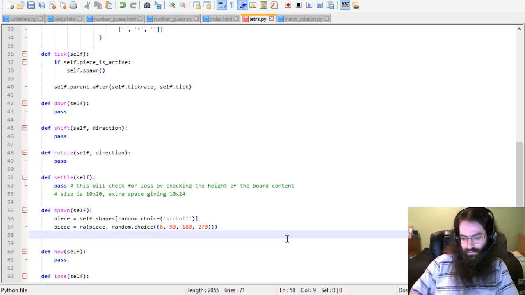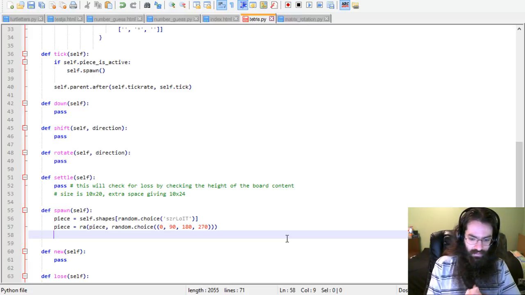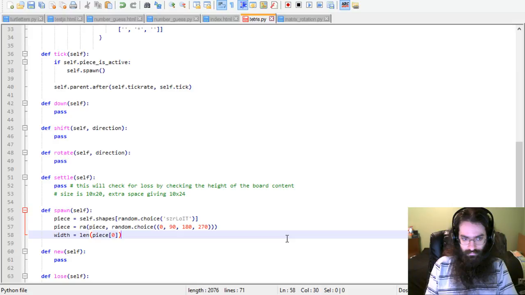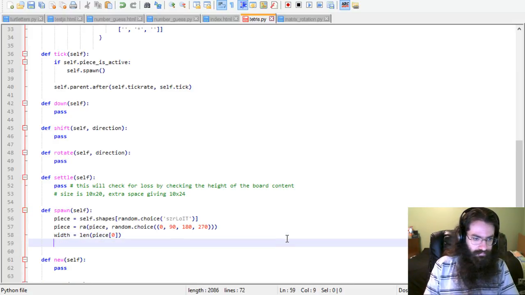No. We're going to find the width equals the length of piece 0, and